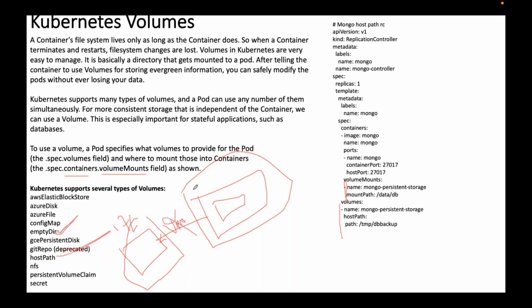If there is no network, you will see timeouts: the IP is not reachable, the port is not reachable. So there should be a network between each and every server.